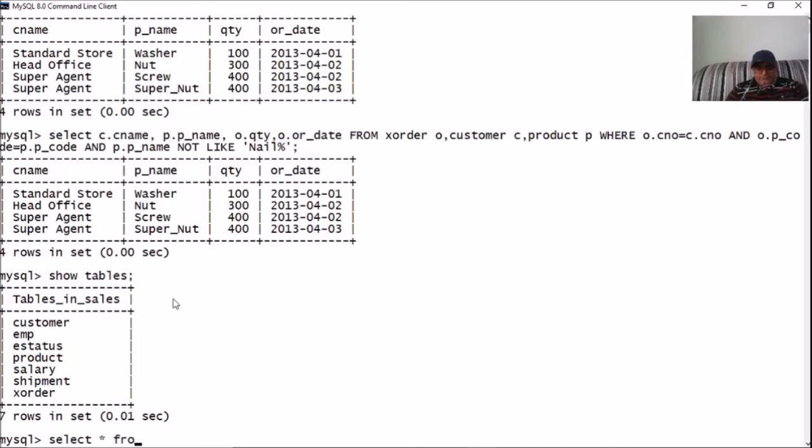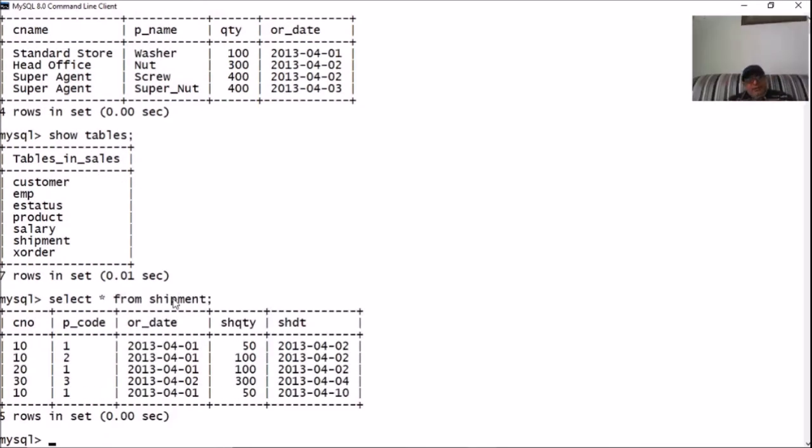Select star from shipment. These are the fields in the shipment table: C number, P code, order date, shipment quantity, and then shipment date. And if I look at the X order table as well,